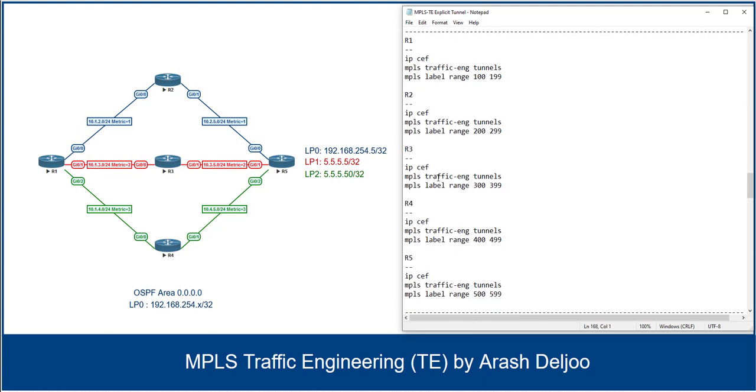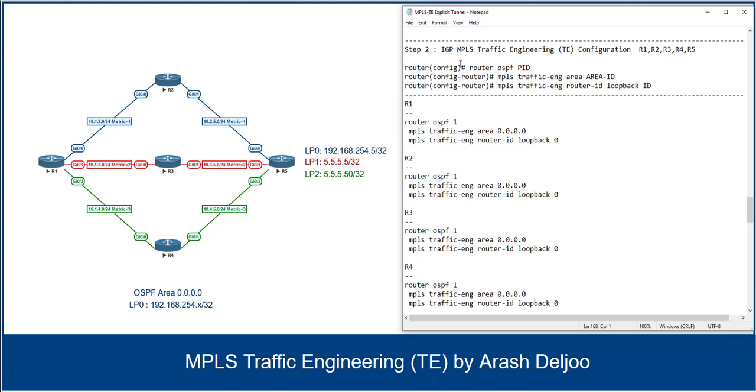Let me go to step 2. In step 2, we should enable traffic engineering, or MPLS traffic engineering, on the IGP, in OSPF or ISIS. Actually, you need to give this capability to the IGP to advertise traffic engineering capabilities or characteristics of each link. Because of that, for example, in router 1 or router 2 or router 3 or 4 or 5, we need to use these commands. MPLS traffic engineering area ID under the router OSPF process. It means that OSPF now has this capability to advertise the TE, or traffic engineering, characteristics of each link